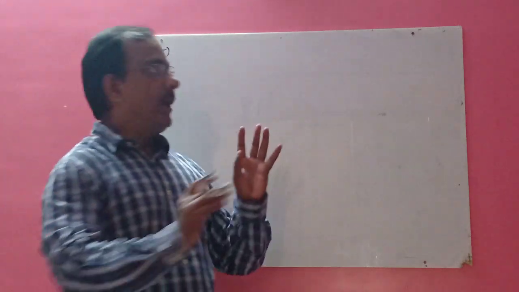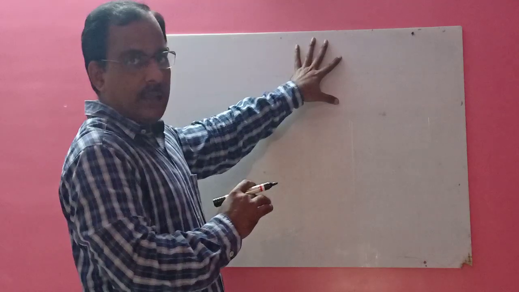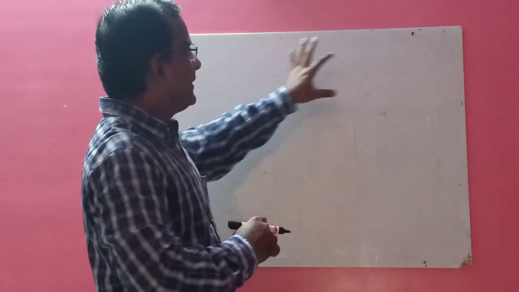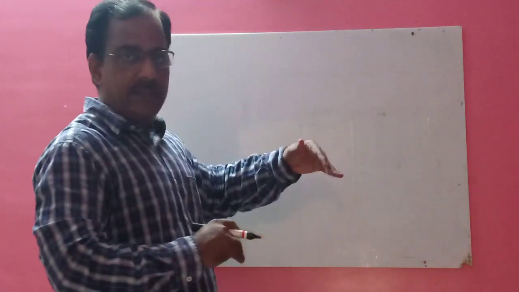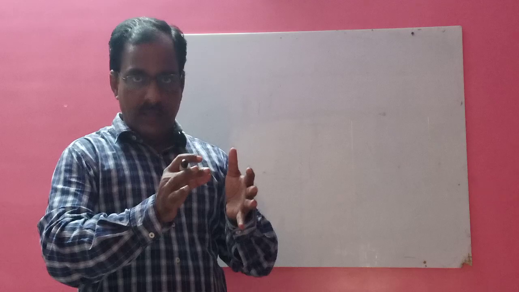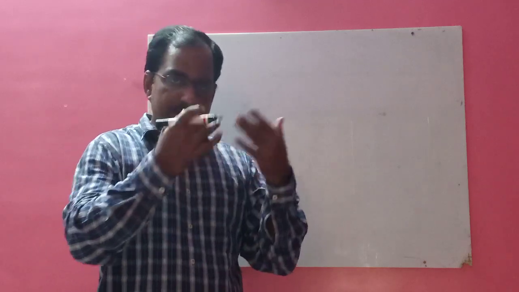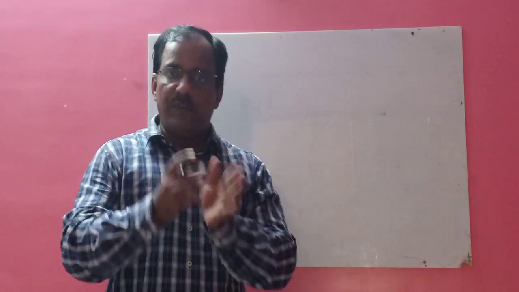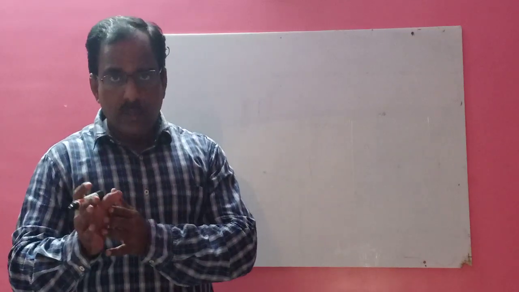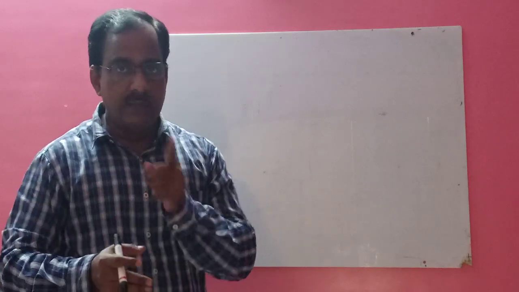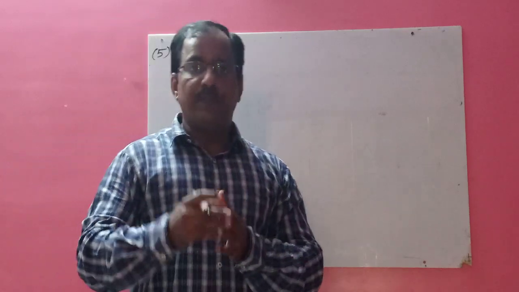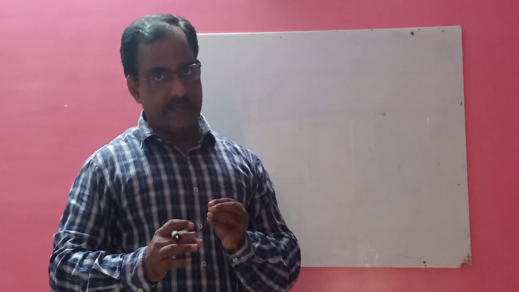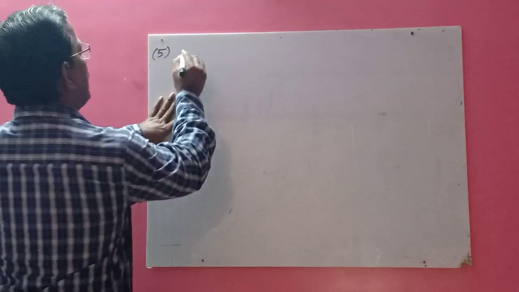So children, this time I am not writing ABC, PQR. You can take ABC as a bigger triangle, PQR as a smaller triangle, and already it is given that the triangles are similar, then their ratio. Instead of that, I am taking here A1 and A2. A1 is the area of bigger triangle and A2 as the area of smaller triangle. Similarly, S1 is the side of bigger triangle and S2 as the side of smaller triangle. Okay, so here in solution you should write,